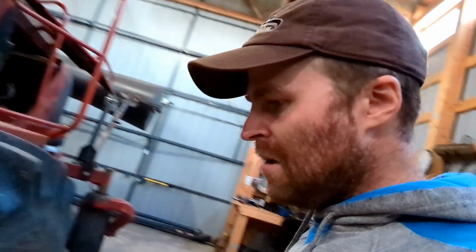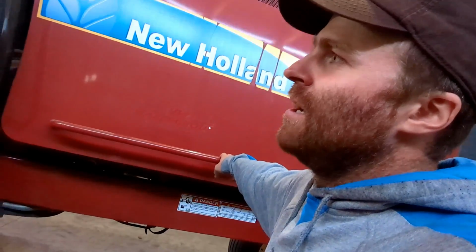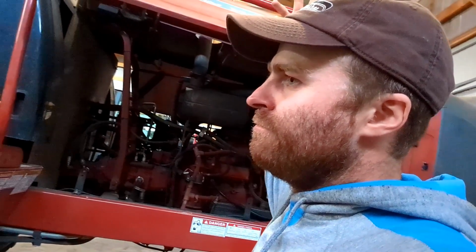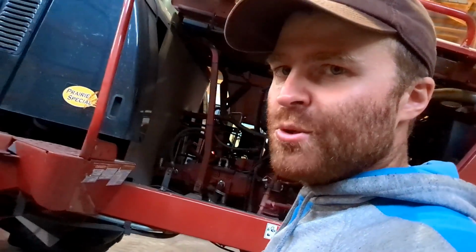So yeah, I think that's it for this machine. But I think there's better machines out there. Like Don and John Deere got better machines, but for what we need it for, this worked fine for the price. It's worked fine. I guess I don't plan on selling it anytime soon, so